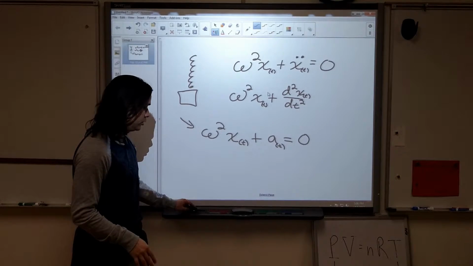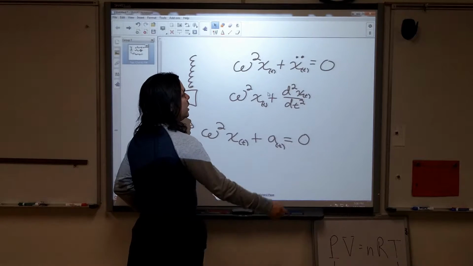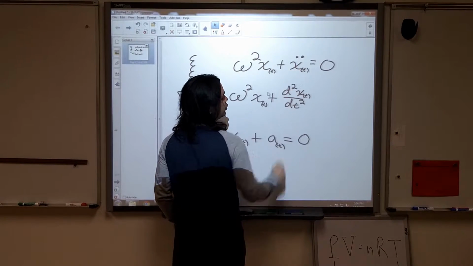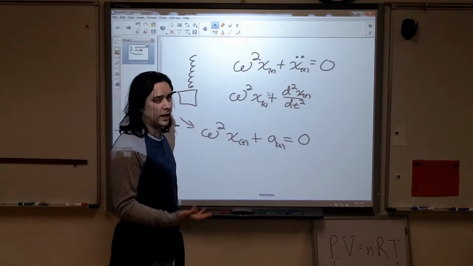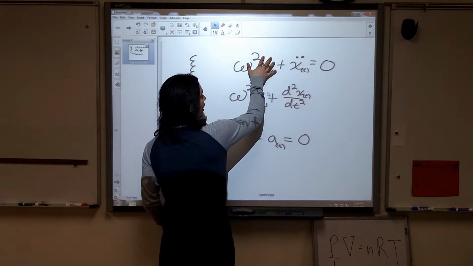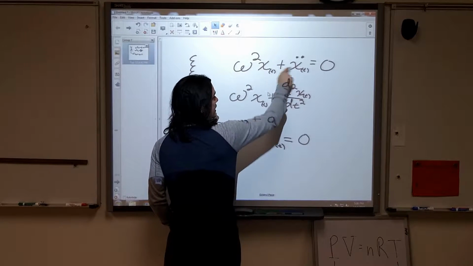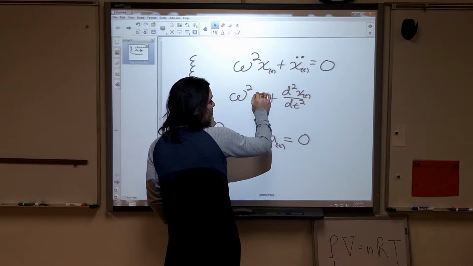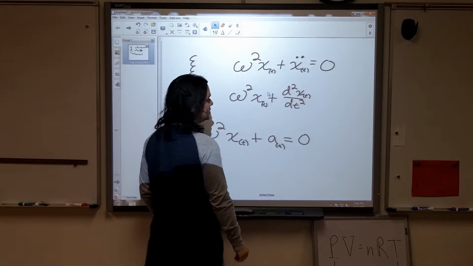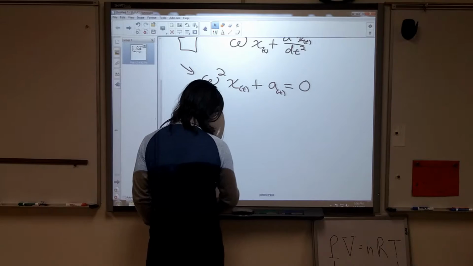Now broadly, we talked a little bit about this in class. I had you all think about a function that if you take two derivatives, you get more or less that function back except a negative. So we would have this, take two derivatives and add it to itself, so we would get pretty much the same thing back, except with a negative so that they would add to 0. The solutions to that,